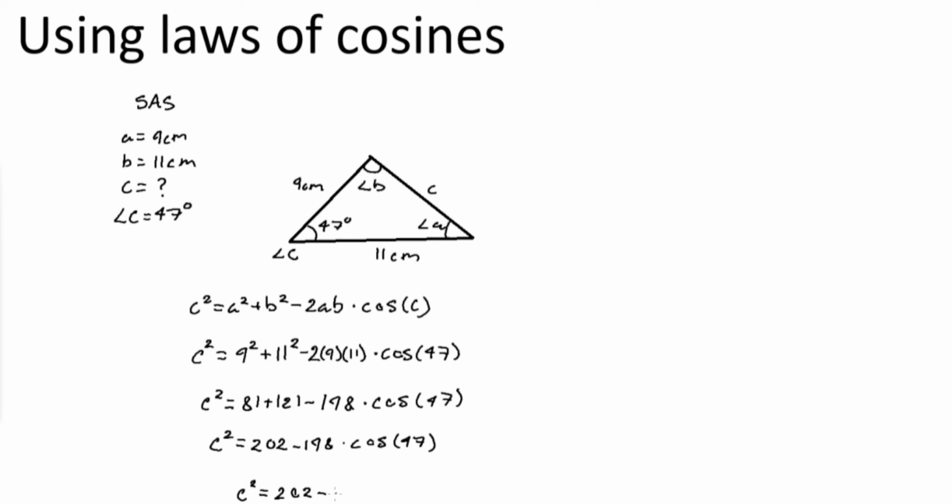202 minus 135.036, and I'm getting pretty precise here. I'll just write it down below. Then we know C squared is equal to 66.9, I'm just going to say 66.9, and we can take the square root of the entire thing to solve for C, and C is approximately